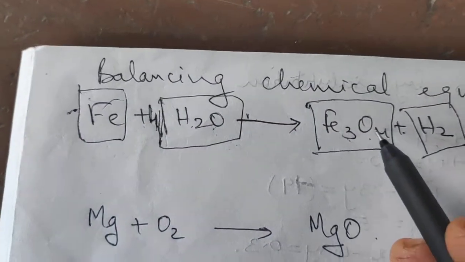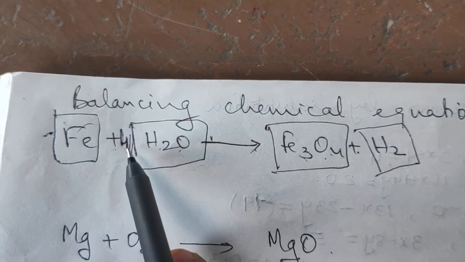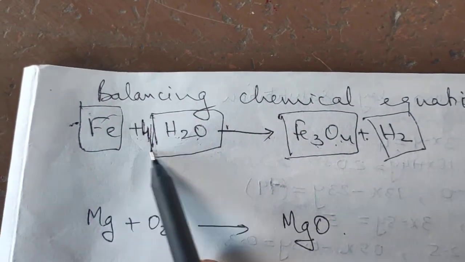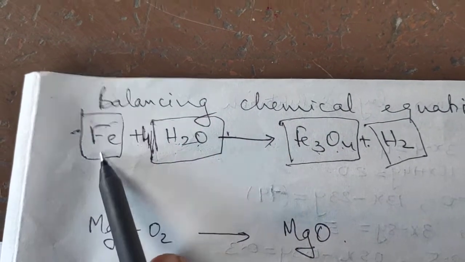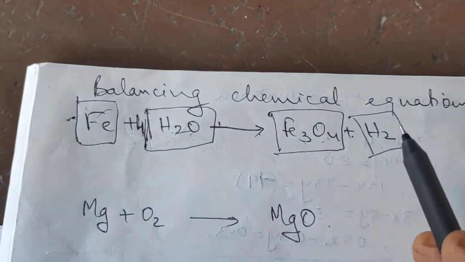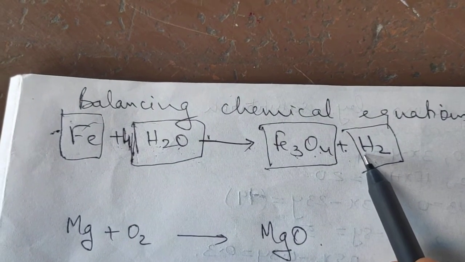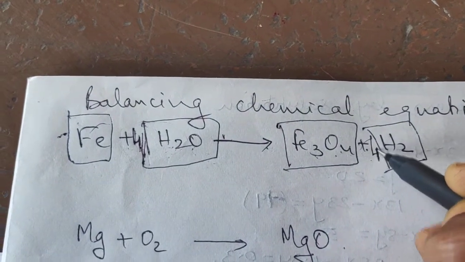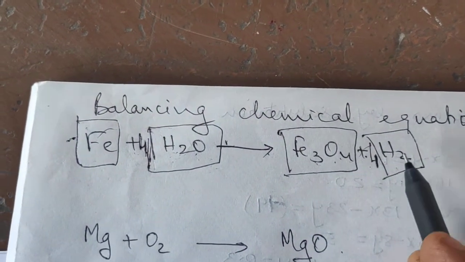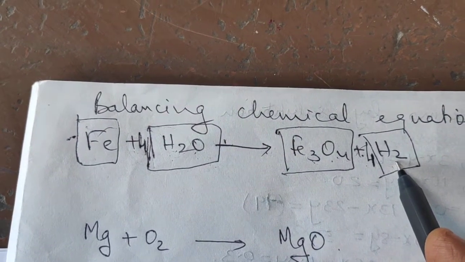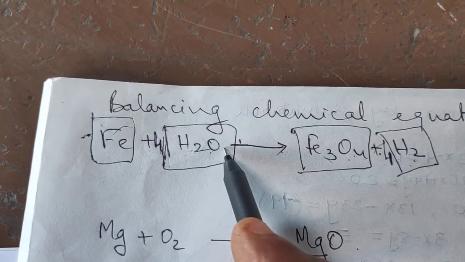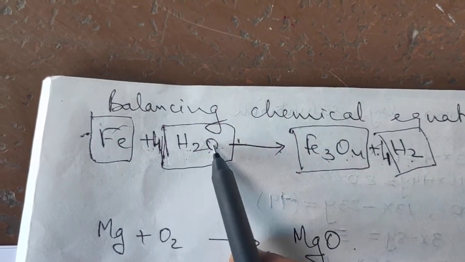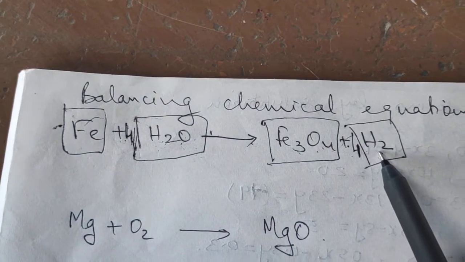Here also it is 4. But now what is getting disturbed? Hydrogen. 2 atoms of hydrogen 4 times will give you 8 hydrogen atoms in this part. So on the reactant side there are 8 hydrogen atoms, whereas on the product side there is only 2 hydrogen atoms. So if I want to make it 8, I'll have to put 4 over here. Did you understand? I didn't write 8 over here directly. Got my point? I didn't write 4 over here at this level for oxygen. It is put in front at the molecular level. So 4 molecules of water, here 4 molecules of hydrogen.